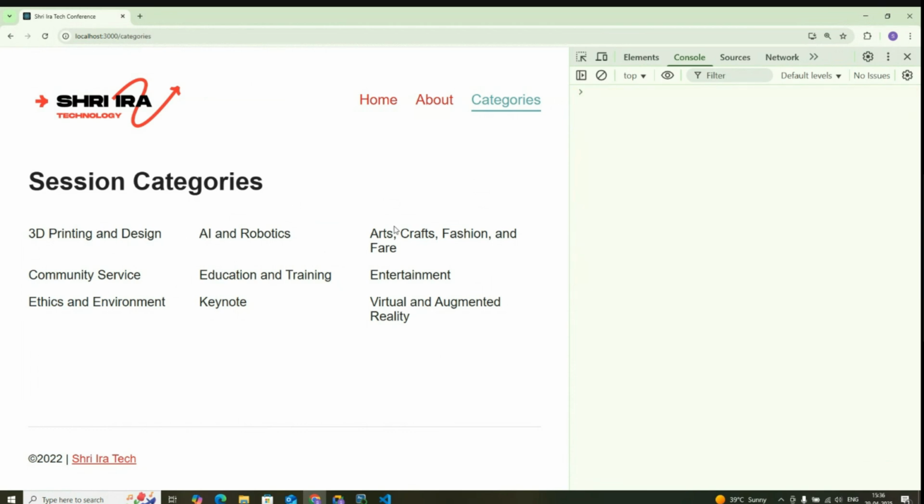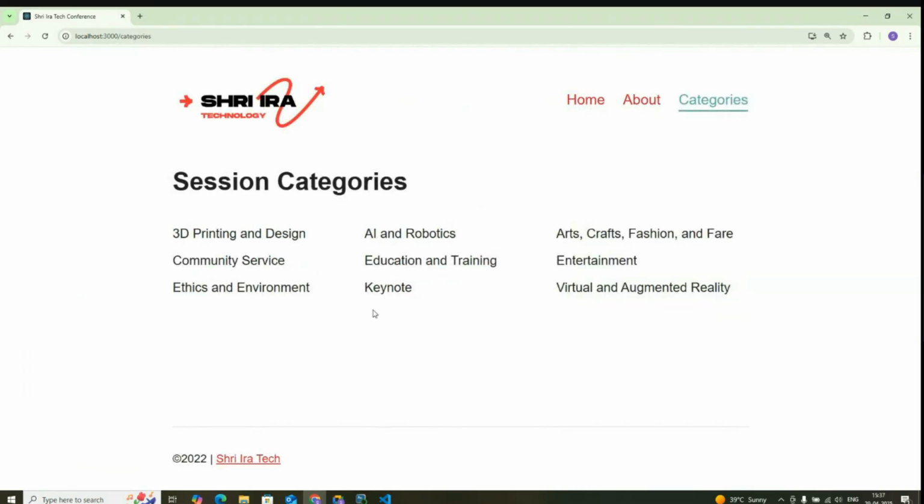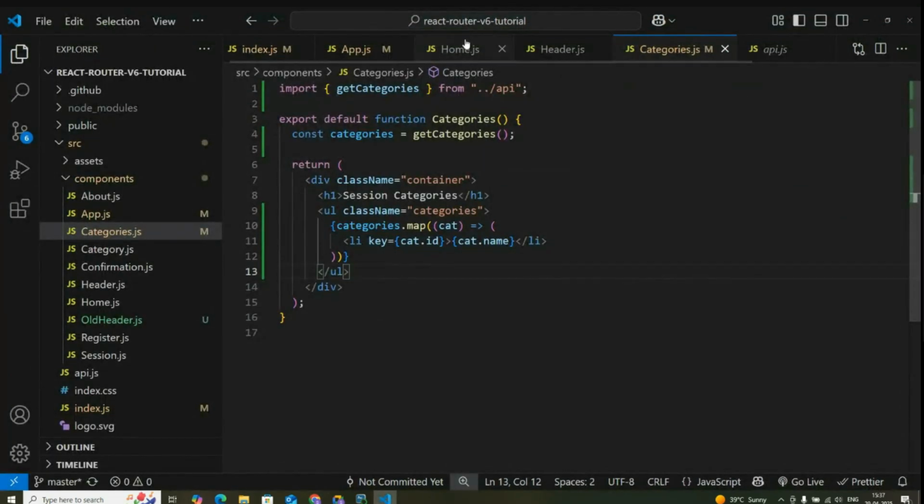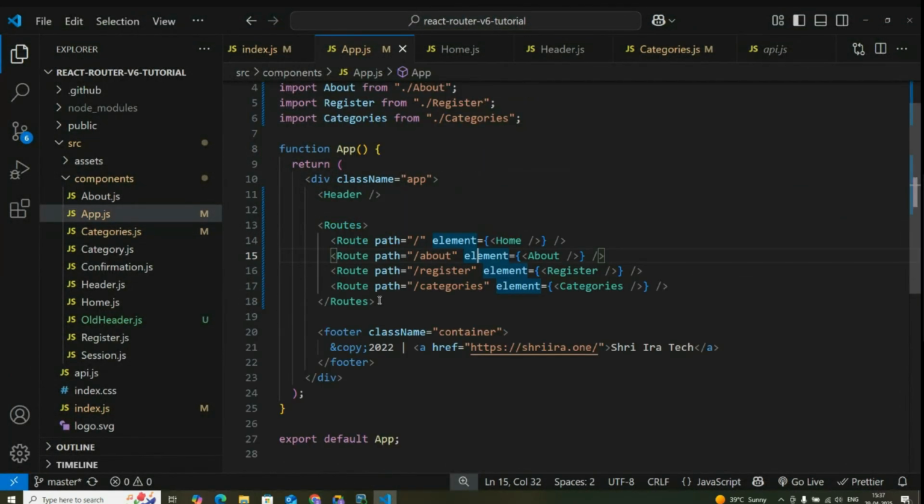Basically, for doing that, we need to define nested routes. How do I do that? Let's see. Inside the App.js, we have defined a route called categories. If I have to have nested routes, let's remove this and make it a full